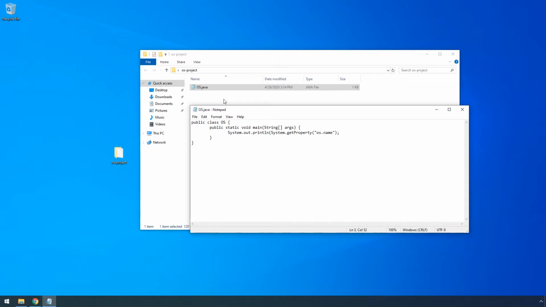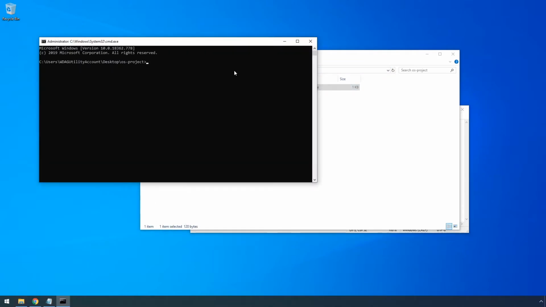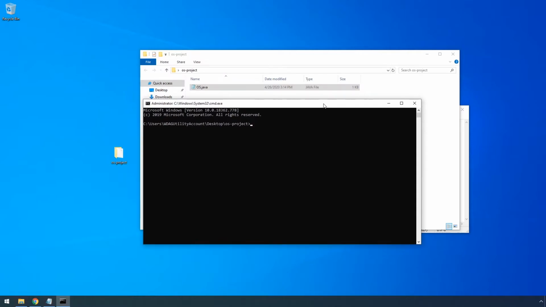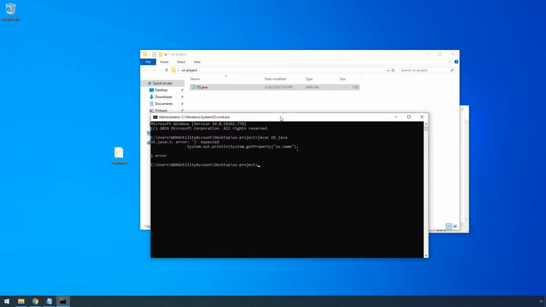So I just wrote some code here, and if we go back to the command line, having the code written, let's see if Java can understand it. I will use javac, which stands for Java compiler. And as you can see, the compiler complains right now that it's not understanding my code. And it says here that it's expecting a different character. So I did that on purpose to highlight these steps.